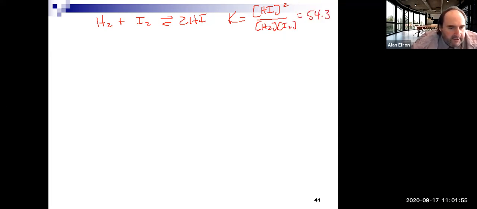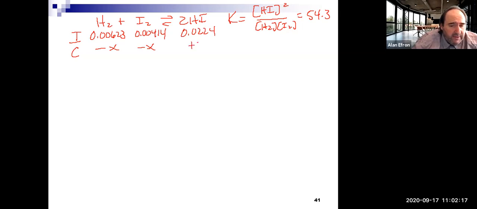And put in our initial concentrations of everybody. This looks like 0.00623, 0.00414, and 0.0224. Change here, now that we did verify it's going towards products, going to be minus x,